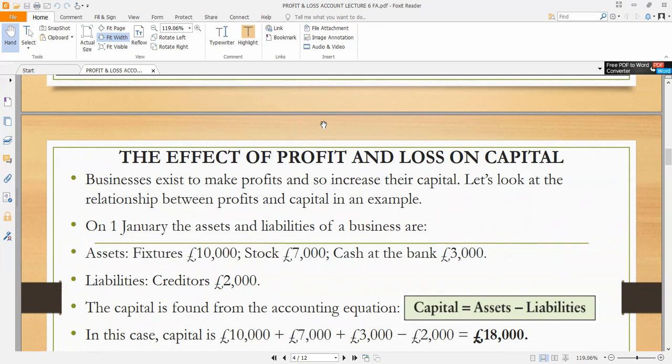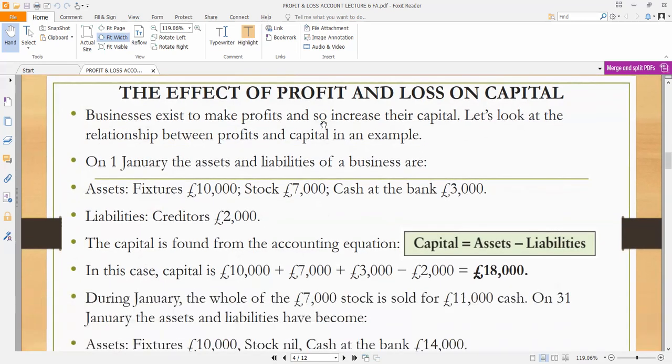There is always an equation, a balanced equation, that you will find. Capital is equal to assets minus what? Liability. Okay, capital is equal to assets minus liability. So assets minus liability is our formula. So now let's find that. In this case, capital is, remember we said 10,000